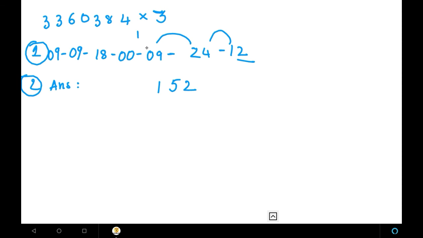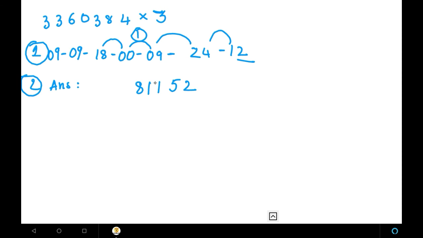So 0 plus 0 is 0. So we have a carrier over here, that is 1. 0 plus 0 is 0. So the carrier, if we add, the answer will be 1. So 0 plus 1 is 1. Next pair here we have is 8 and 0. So let me add 8 and 0. When I add 8 and 0, I get 8 itself. So I just write 8.